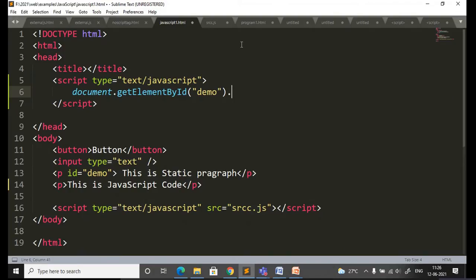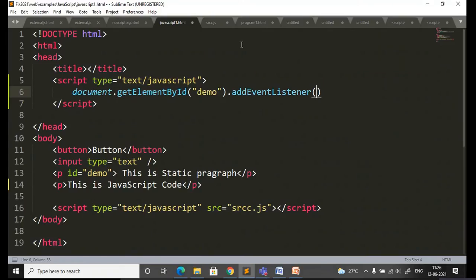So you need to add an event listener. What is the function name you have to add here? It is addEventListener. Check the spelling and the cases. There is something wrong with the spelling here. So addEventListener; if it is a correct keyword, the color changes automatically.